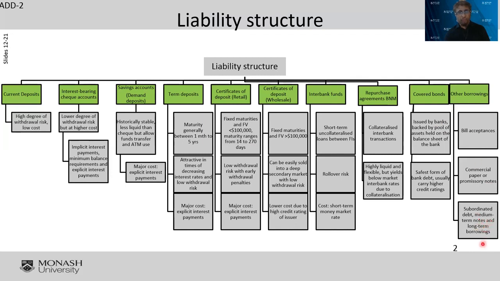So we can talk about the papers, we can talk about the notes. This is the money market. This is usually less than 1 year. This is more than 1 year, long term. And this is a very, very short one. And this is also very short. This is for 1 year usually. And this is according to